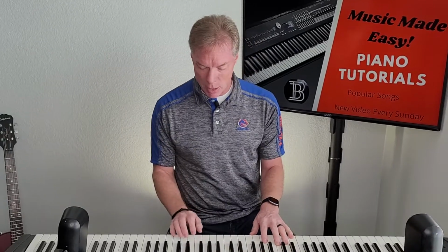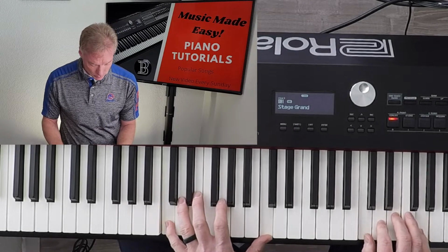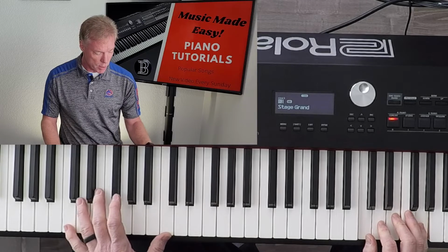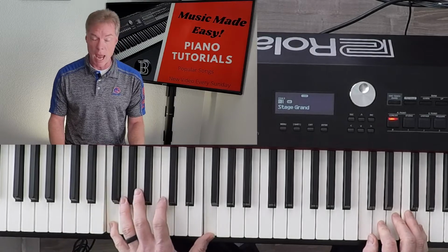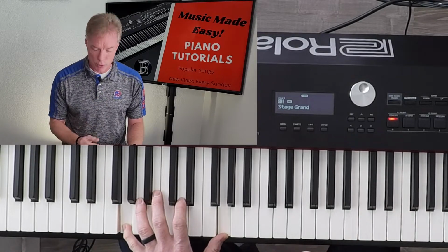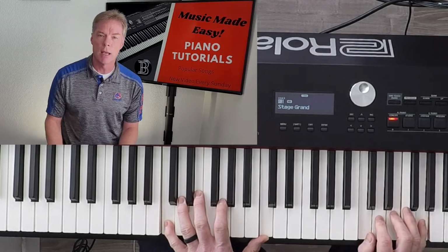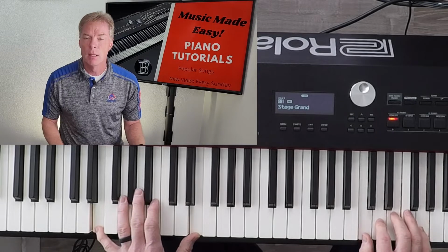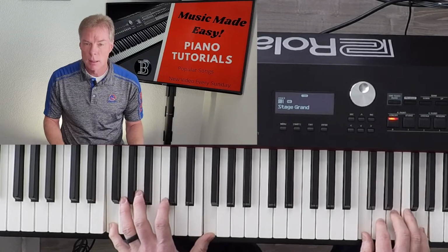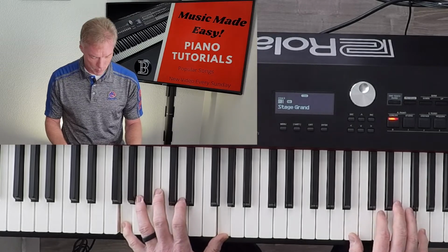Now, here's the next thing that I will tell you, how I play the piano with my left hand. So let's say we're going to start with a C chord. And you know that I love octaves, right? Putting my little finger on one C, my thumb on the other C, or an F or a G, it just makes that a full sound. So if we start here with a C, and I just play a C, D, E, G up here on my right hand, that sounds good, right? But it would sound better if we could fill it in a little bit better, right? A little fuller. So,